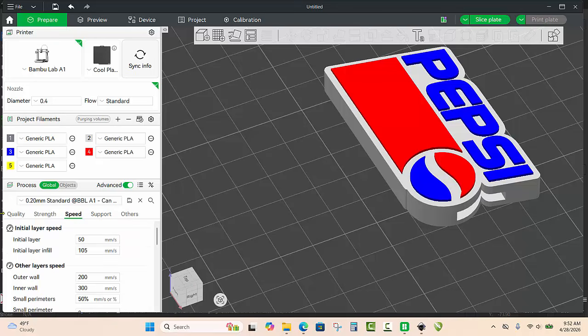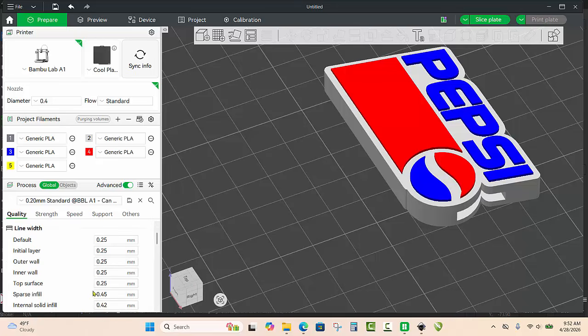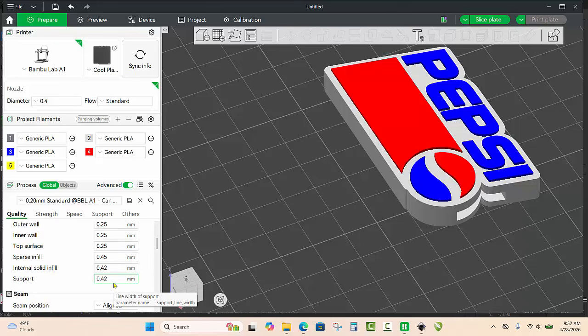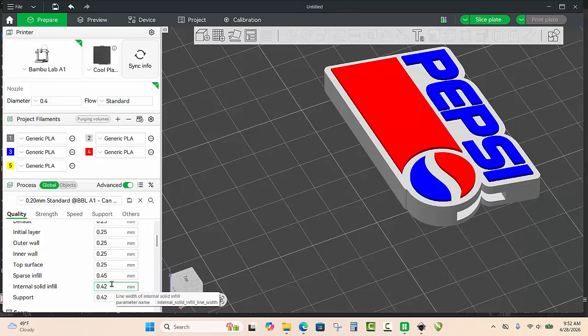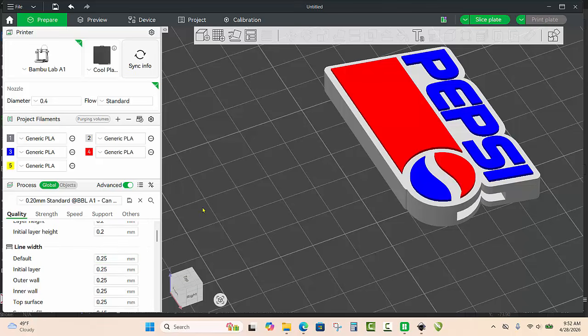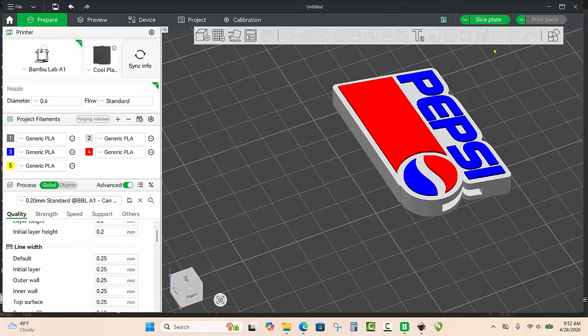And then on the quality tab, we want to change all of our line widths here to 0.25, 0.25, all the way down to top surface. This will make a very big difference in your print quality right here. So all the way down, 0.25, 0.25, 0.25. Okay, so now when we slice it,